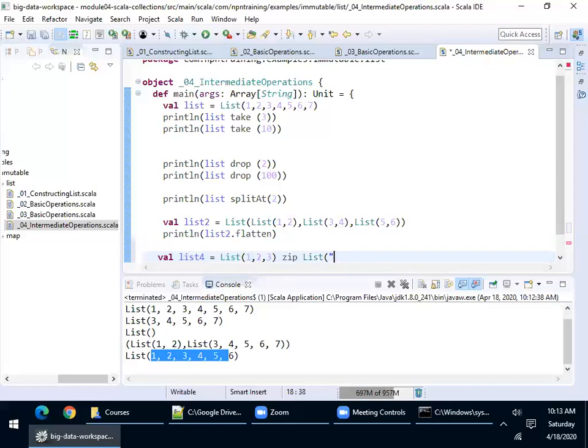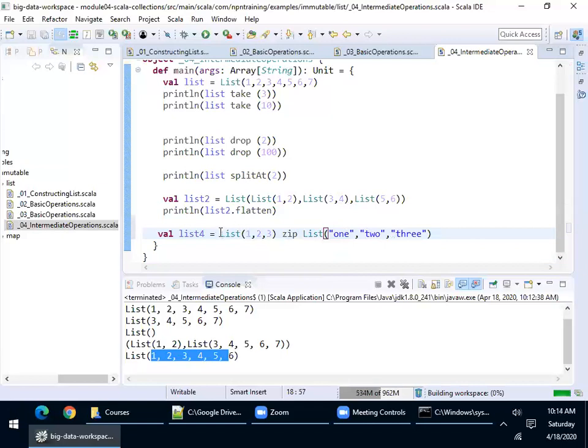For example, let me give 1, 2, 3. Now please look at what happens here. I have a list here, and I'm trying to zip with another list. Now let me execute this. This is a very important interview question also.